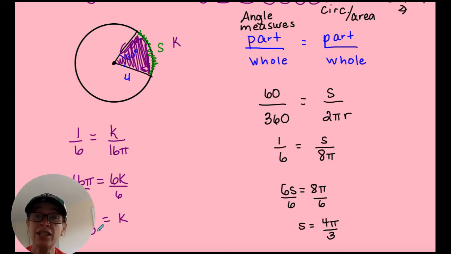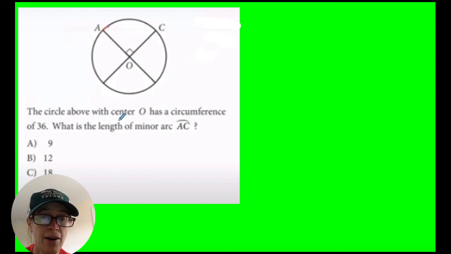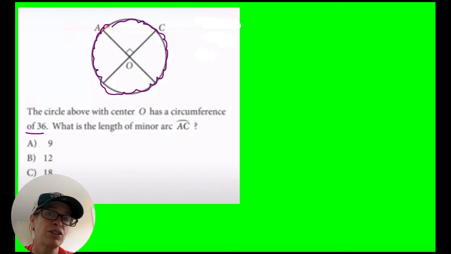All right, let's look at some examples that you might see on the SAT. The circle above with center O has a circumference of 36. So we know the entire circumference is 36. What is the length of minor arc AC? Minor arc just means an arc less than 180 degrees, so don't worry about that word. But they want the length of